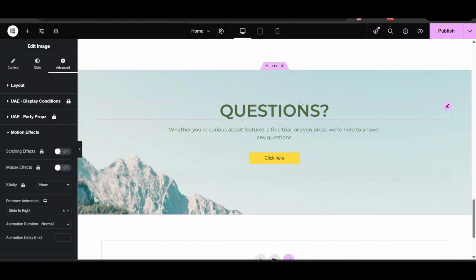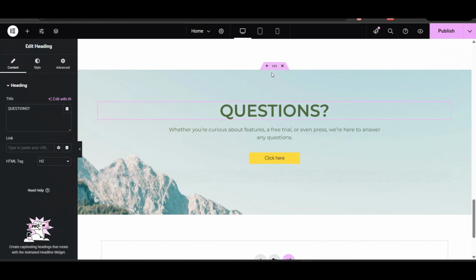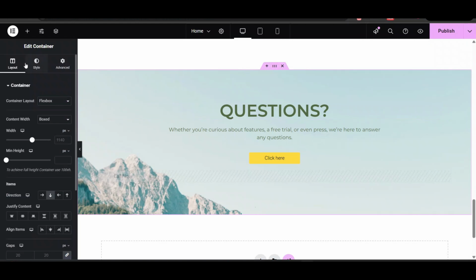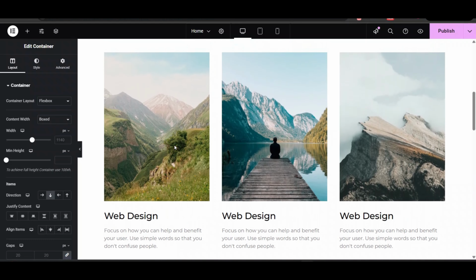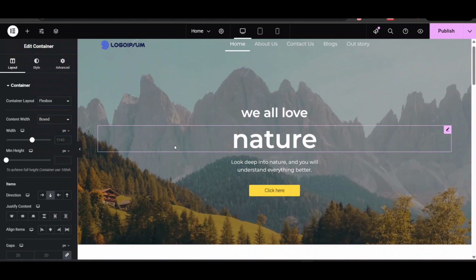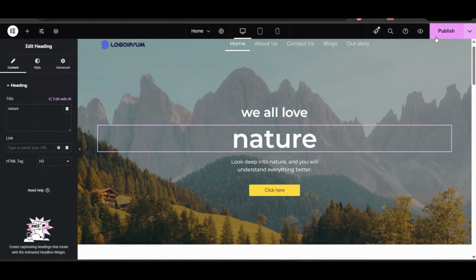You can add different types of animation in button. Everywhere you can add animation in Elementor for free. There's not much customization you can add in any section. Just now I am telling an overview of basic animation, how you can add it in your Elementor. So I have updated it.